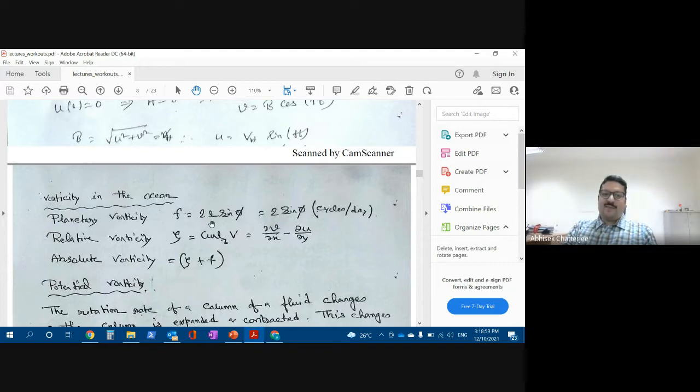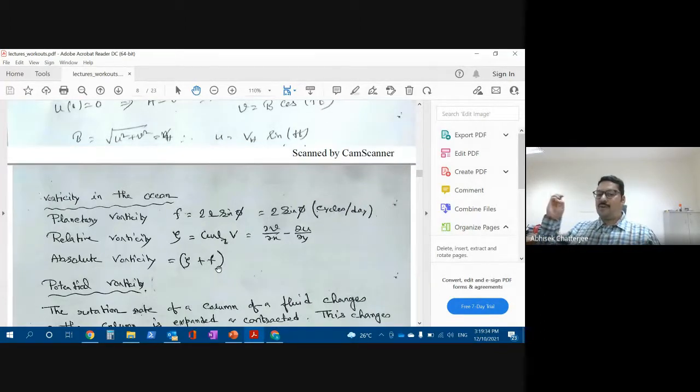Okay, similarly, we have relative vorticity, which is basically a tendency of rotation of the velocity vector itself, which is del v del x minus del u del y. So we have two vorticities. If we add them, we get eta plus f. This is my absolute vorticity. And if this vorticity is divided by the depth of the water column, it is basically called potential vorticity. So that means for the entire water column, what is the rotational tendency? It is basically called potential vorticity.